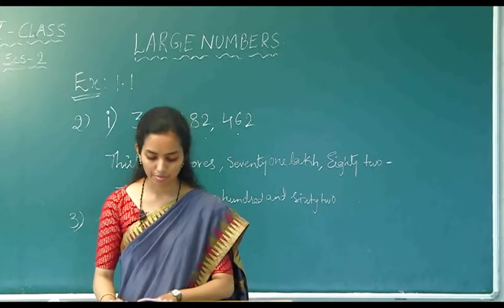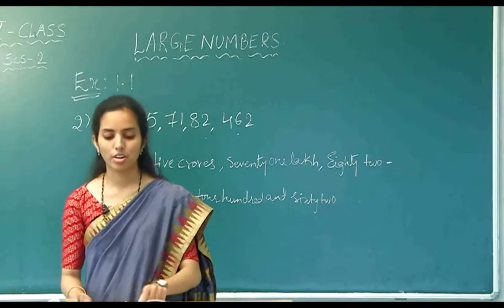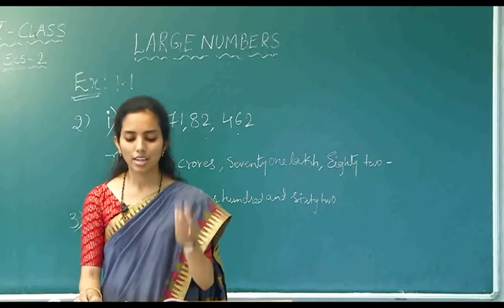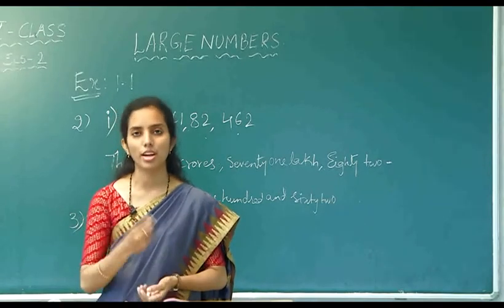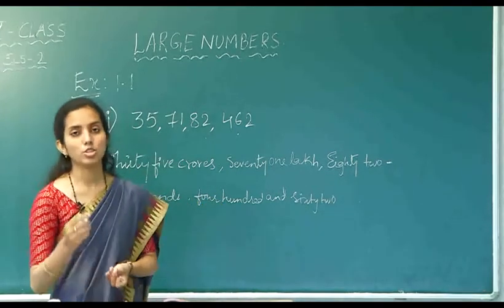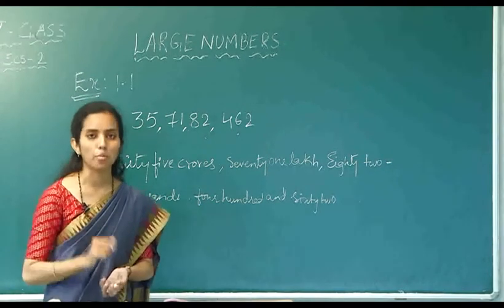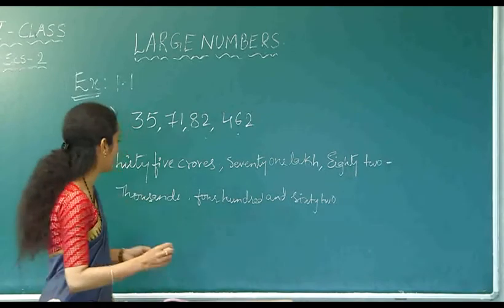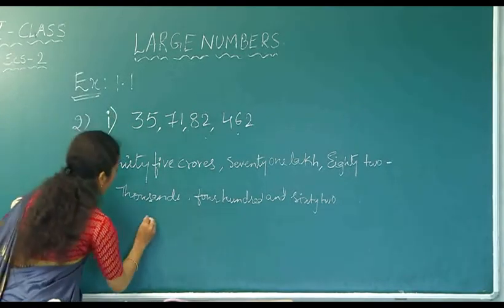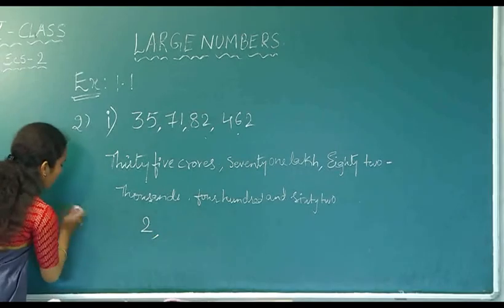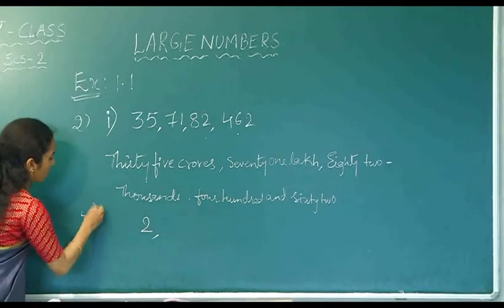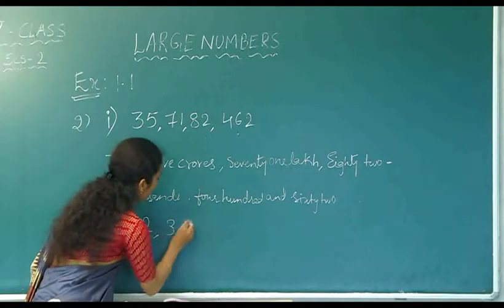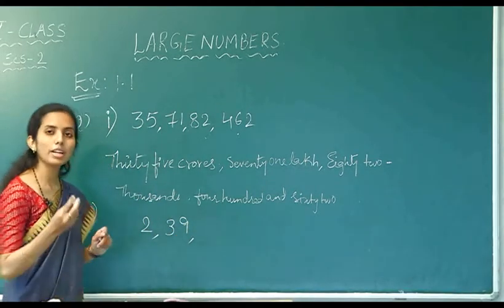And coming to the fourth question. Fourth question is very easy. That is 2,39,023. You have to write in the numbers. That is, you have to write in figures with commas. So what is given? 2,39,023. So what is given? 2 lakhs. So third question, expanded form. This is fourth question from the exercise. 2,39,000 and 23 he is telling.